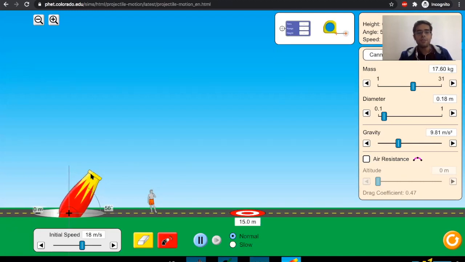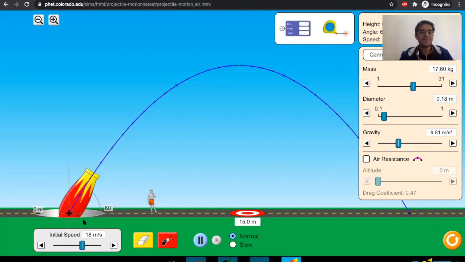Okay. So how to make use of animations like this? So right now, in order to have the projectile motion being conducted, I have to choose my initial speed. I have to choose the initial angle. Okay, so what I've chosen here is 18 meters per second as my initial speed, and the initial angle of projection is 60 degrees. So let me fire the ball and let's see where it reaches. Wow, interesting. So it starts from here, it lands here. So this motion is a projectile motion.